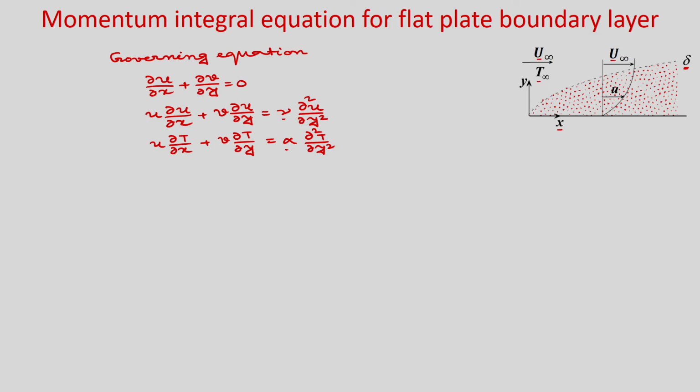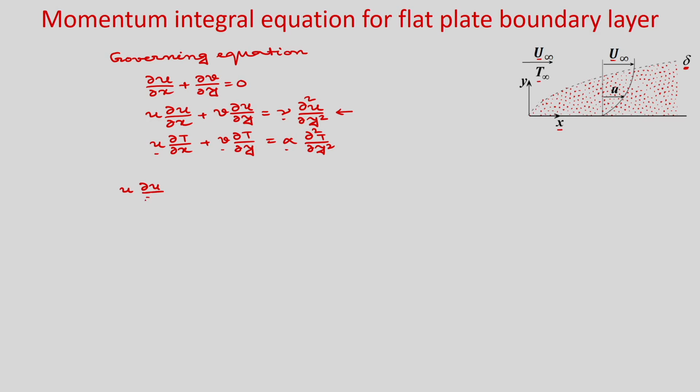So, now you can see, to solve the energy equation we need to know the velocity profile, because in the energy equation you have the velocities. So, first let us solve this equation for the case of flow over a flat plate using this integral approach. So, already we discussed the first approach is that you have to integrate the governing equation. So, first we are considering the momentum equation, which is your u del u by del x plus v del u by del y is equal to nu del 2 u by del y square, right.